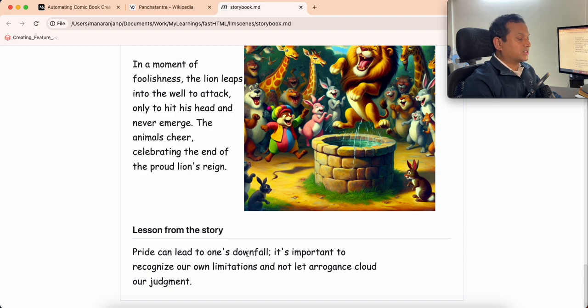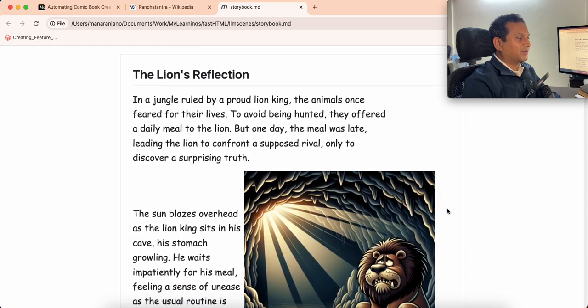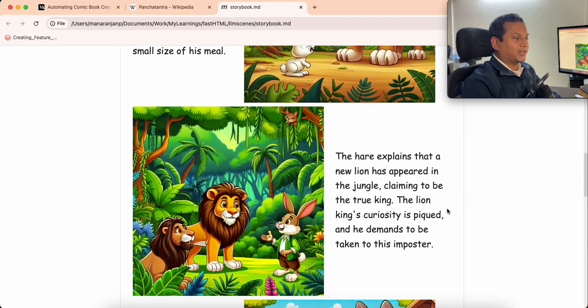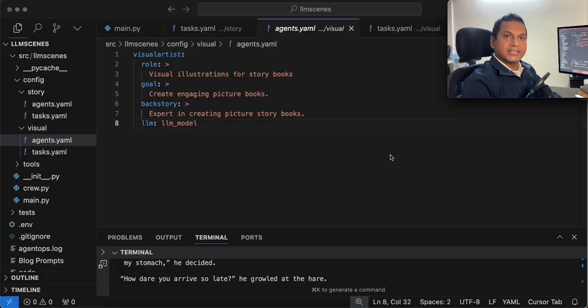Pride can lead to one's downfall. It's important to recognize our own limitations and not let arrogance cloud our judgment. This is a beautiful storybook it has generated with the pictures and the narration, very nicely written. So now let's dive deeper into the implementation of these agents